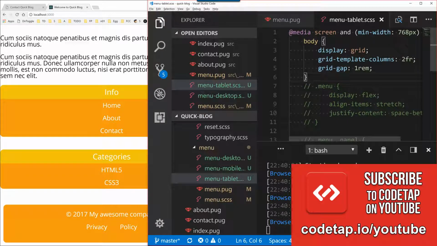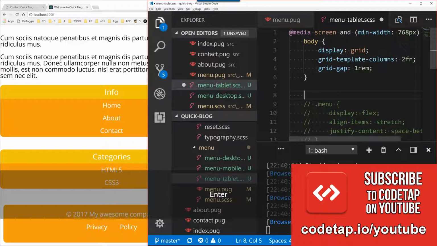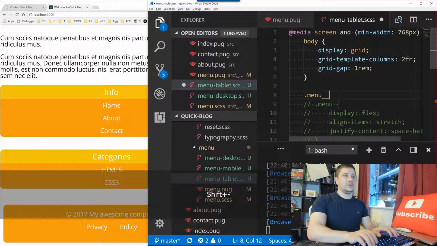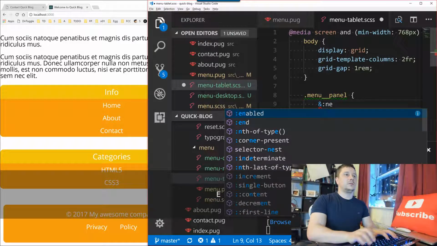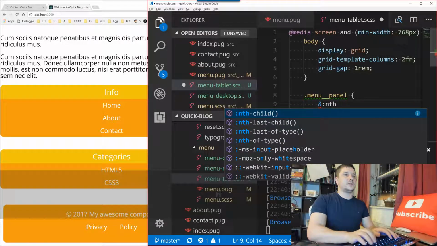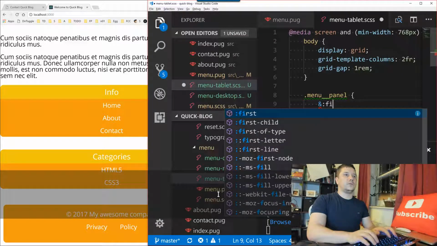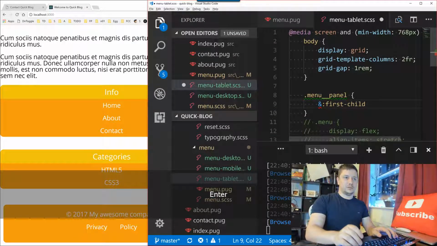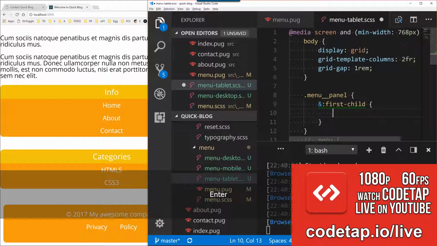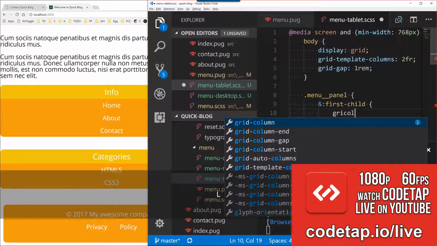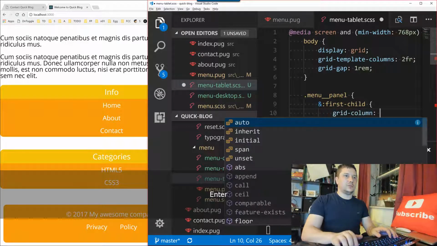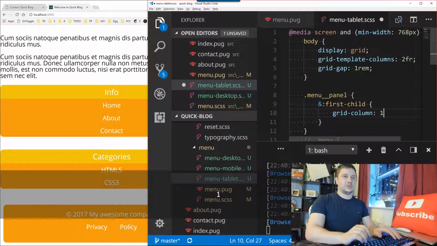We can say menu panel and the first one, so nth child of first child, it would be easier. Okay, and we will say grid column, and we'll say it starts at 1 and it ends at 2,